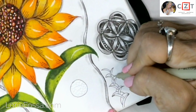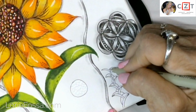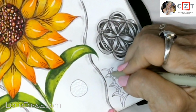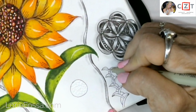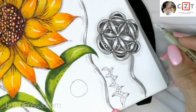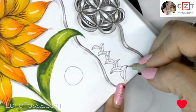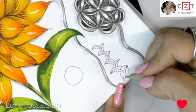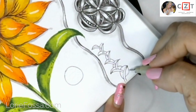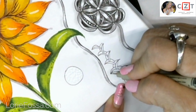Just finishing these last two. You can do any number of things with Foundabout. It's a fun tangle. Foundabout has a bottom section too. So what I want to do is start at the opposite corner at the bottom and make that little hill, that line with the little hill, and go to my next one